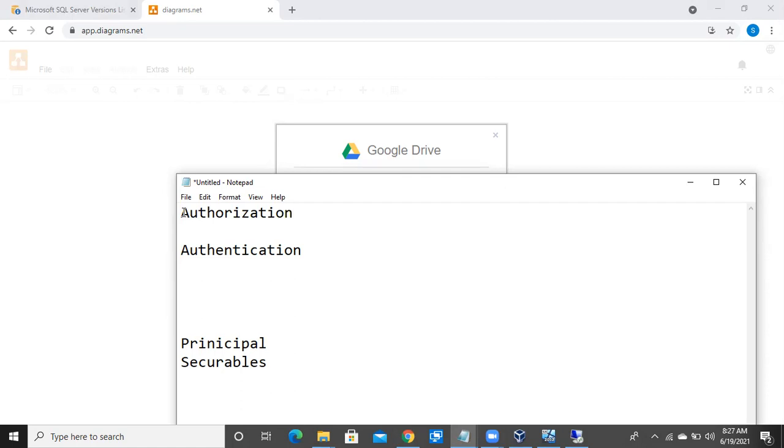So let me give you an example. Authorization means what? Say for example, if you go to any shopping mall, or else many of you people are working in MNC companies, right? In your company, you can see some of the rooms that you are not allowed to enter. On the door of the room, you can see authorized entry only, like power rooms, server rooms. Not all people can enter into the power rooms and server rooms, right? On the door, you can see authorized entry only. What is meant by this authorization?